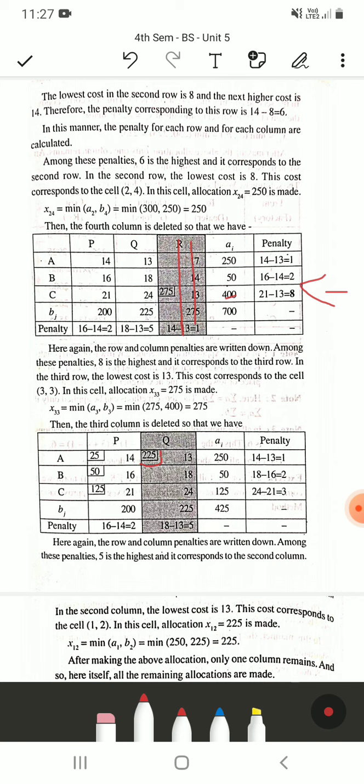So it is between 225 and 250. Minimum is 225. So therefore this entire dealer requirement is completed. So it is exhausted, and here out of 250, 225 is already provided. So the remaining is 25. So once you get it, then you can make allocation, because there is only one dealer remaining. He gets the remaining stock. So he gets 25 from factory A,